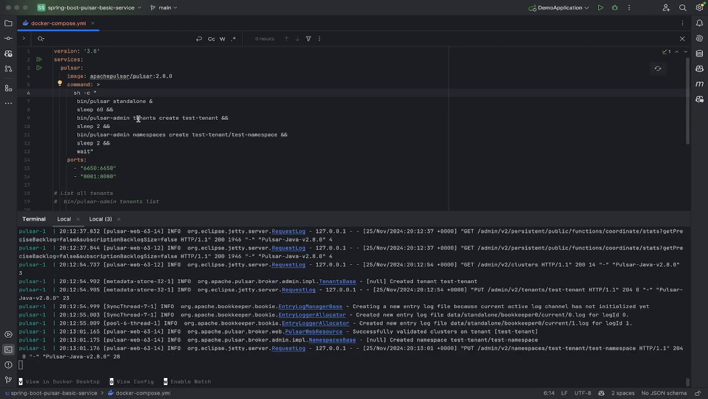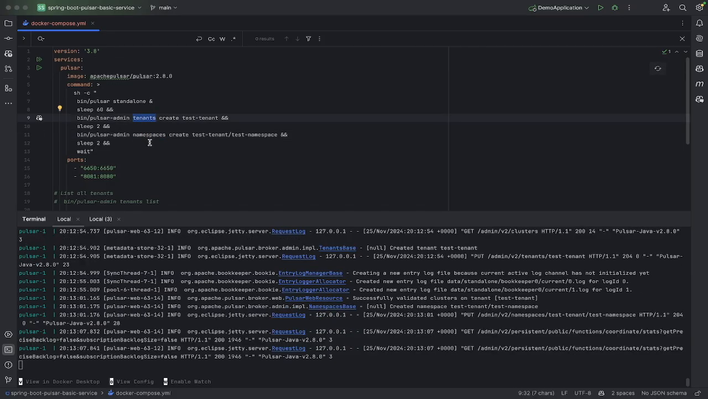And a tenant is like a parent, and a namespace is a child of a tenant. And topics are children of namespaces. So at the very top, we have tenants, then we have namespaces, and then underneath namespaces, we have topics. And you can see in this, we haven't created any topics, but we will be doing that once our Apache